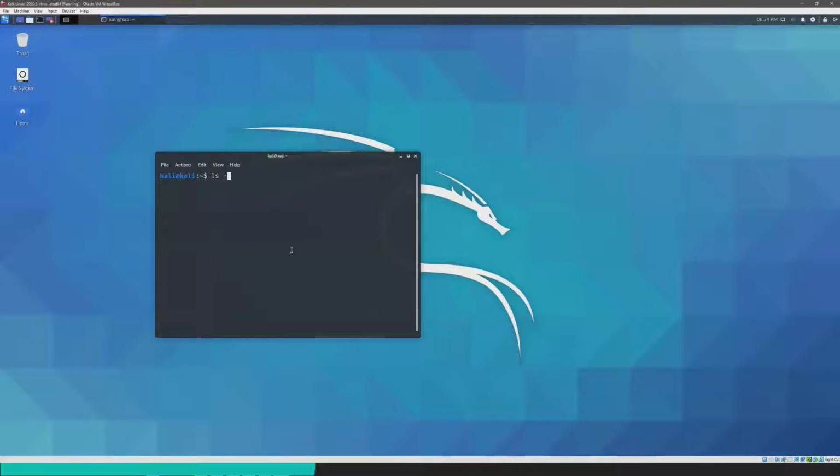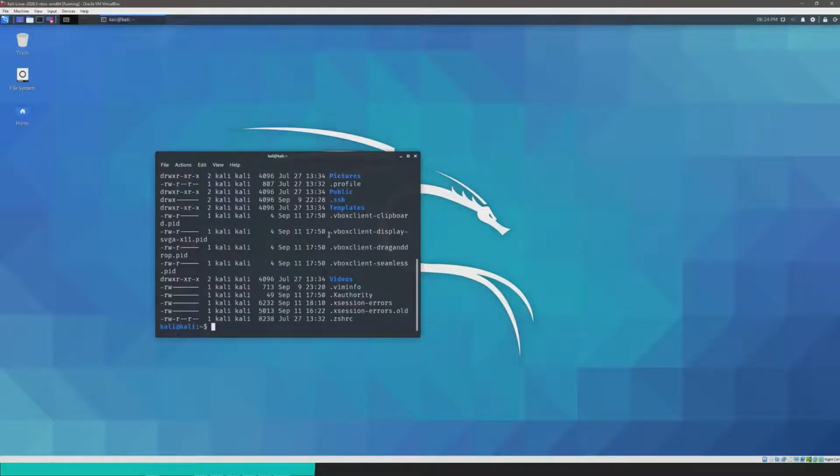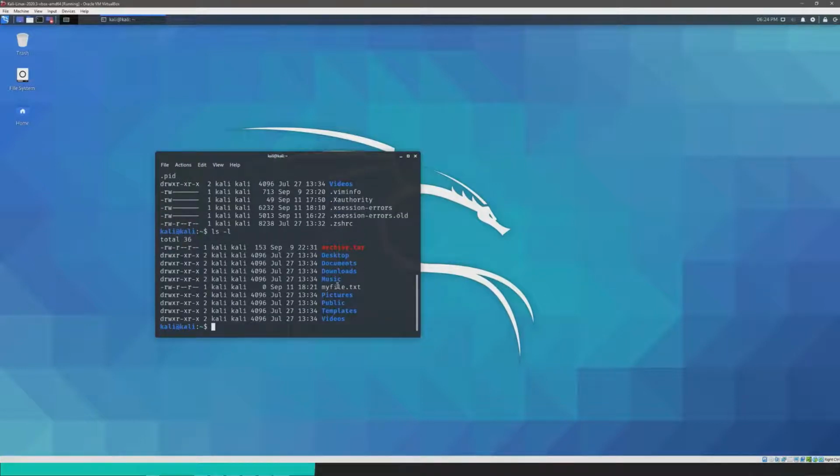So right now, not ls -la, let's just do ls -l because that's too many files. Right now we have a myfile.txt, and you can see the permissions that that file has in this line right next to it. So it has read, write for the user, no execute. It has read for the user group, and it has read for everybody else. Now what I want to do is have read, write, execute for user, group, and others. And I will show you that.